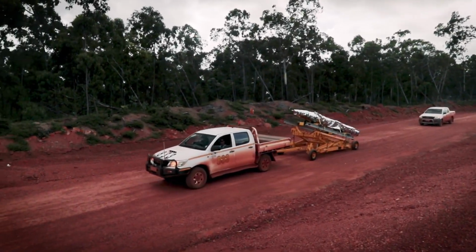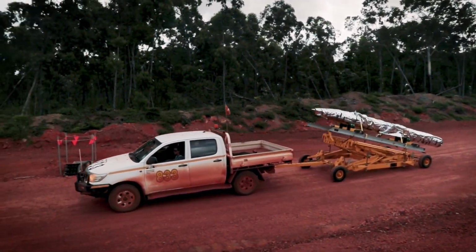Once the payload has been fully tested and confirmed ready for flight, they bring it down from the payload assembly building